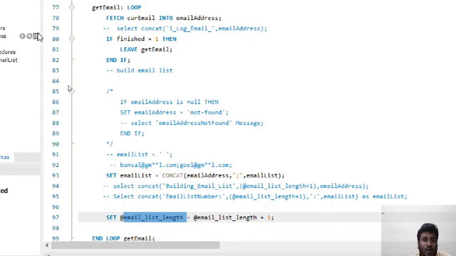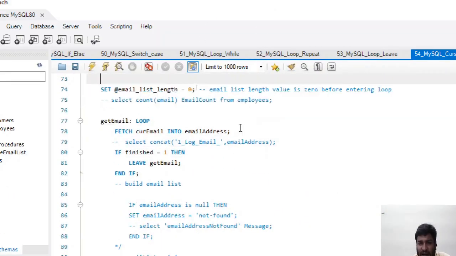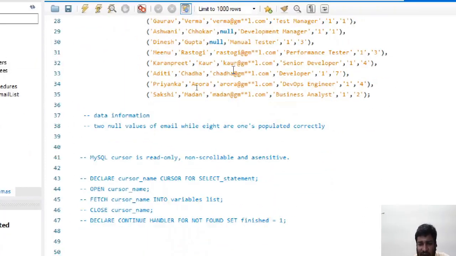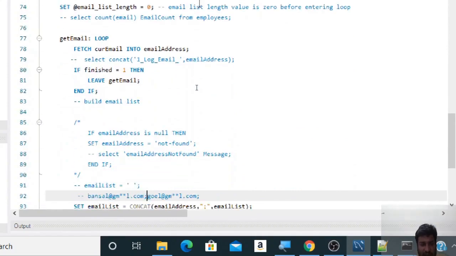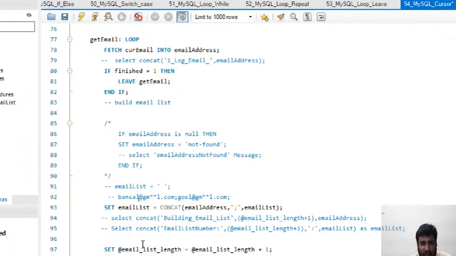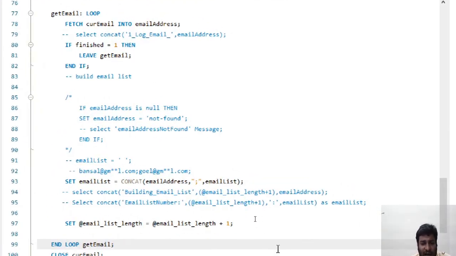The loop will again go back to 78 and fetch the next value. The next value is Verma at the rate gm star star l.com. So again the loop will fetch the value of Verma at the rate gm star star l.com and put it in email address, which is the variable.